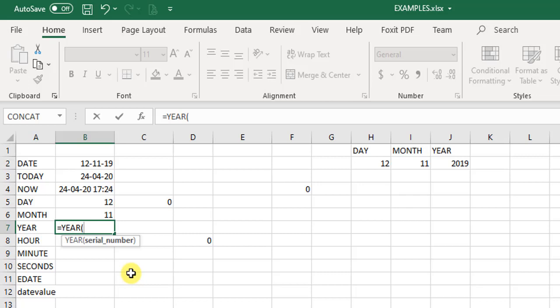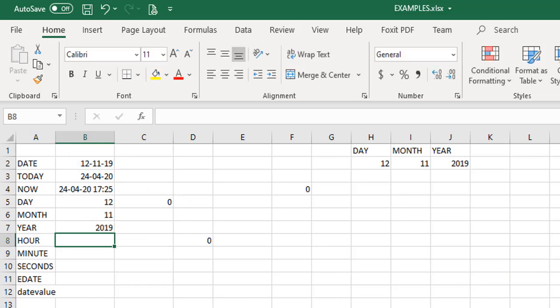So when you are seeing a date over there, internally it is not stored as 12, 11, 19. It is stored as a serial number, and we will see in a separate example what I mean by this. Here we select this date and we expect that it will return 2019. So it has extracted the year part from this particular date.